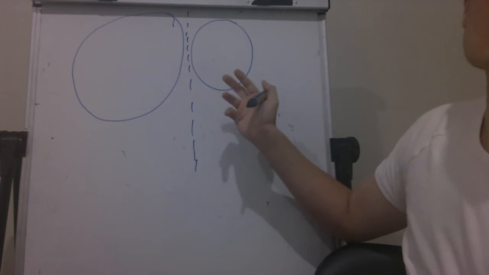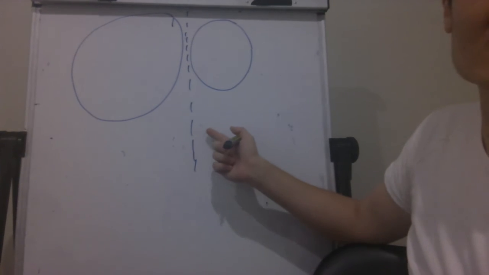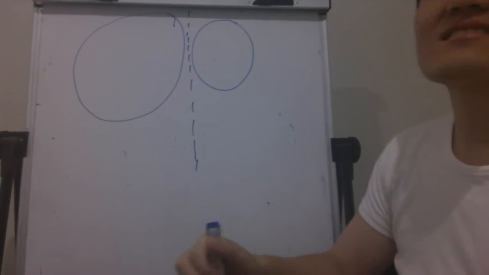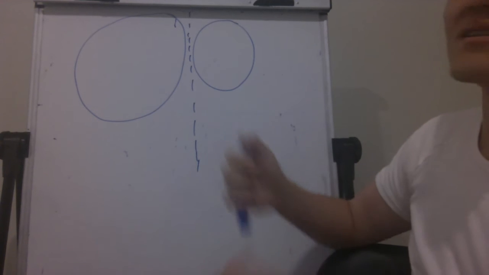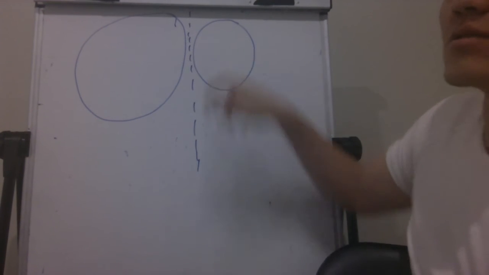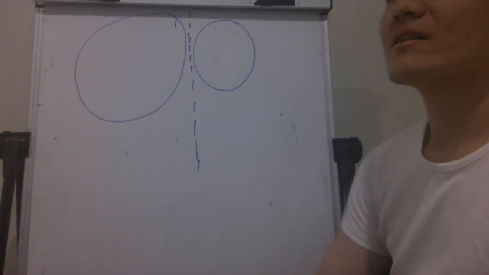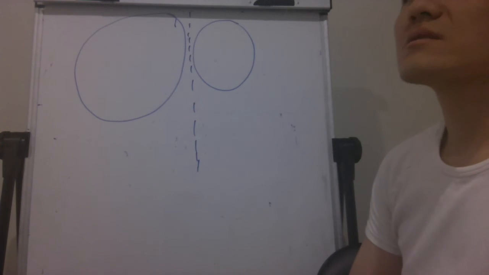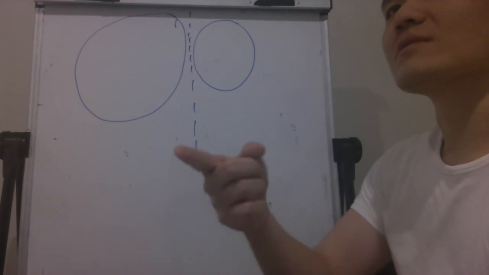So, what if you reflected the smaller circle about the radical axis? Genius. Because the smaller circle, by definition, has to be... This is not in the book, but I just thought this was cool. Reflect the small circle, and it'll fit fully inside the bigger circle. It has to fit fully inside, right? Why? Because otherwise, if it doesn't fully fit inside, if you reflect it again, it won't be fully outside. Oh, that's a good argument.